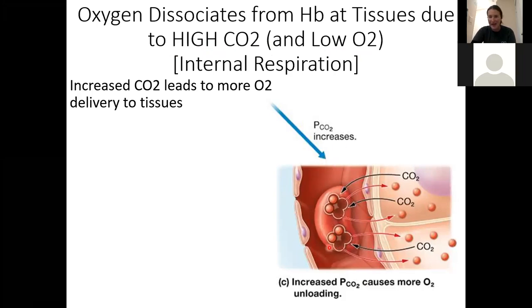So if this particular tissue here is fed with blood from this capillary here, this tissue is working so very hard. It needs lots of oxygen, so O2 will be low. It is making lots of carbon dioxide via aerobic respiration, and so it needs to get rid of all of that carbon dioxide. And so those two internal conditions are going to facilitate the process of internal respiration. They are going to coax that